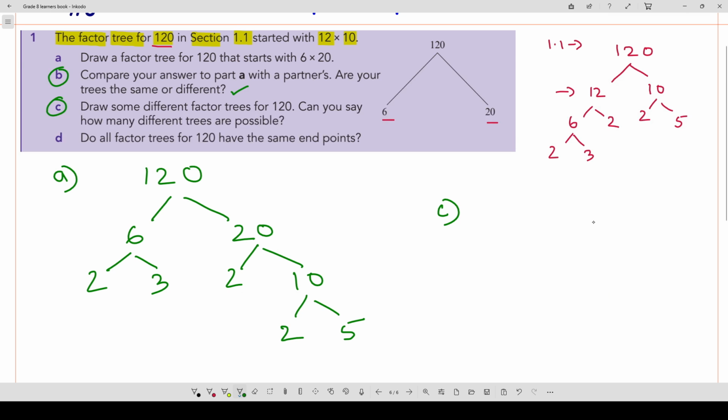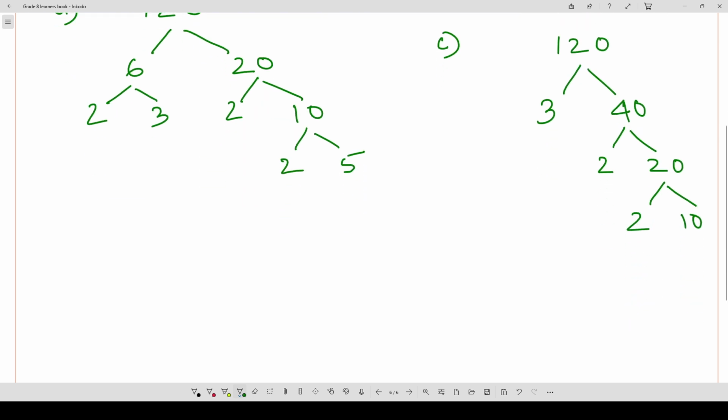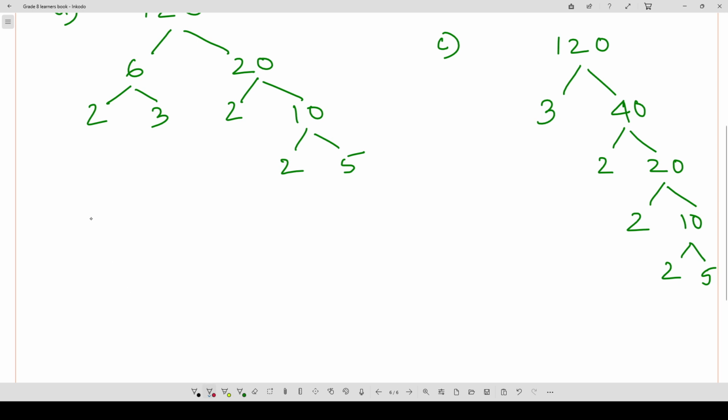Look, this is 120. Suppose 3 times 40, also 40 we can write as 2 and 20. This 20 we can write as 2 and 10, and finally this 10 we can write as 2 and 5. Now if we summarize, first we have to compare your answer to part A with partners. Are your trees the same or different? The question B answer is same,